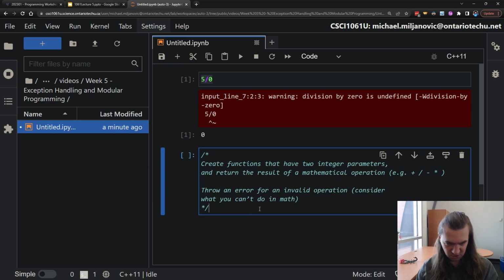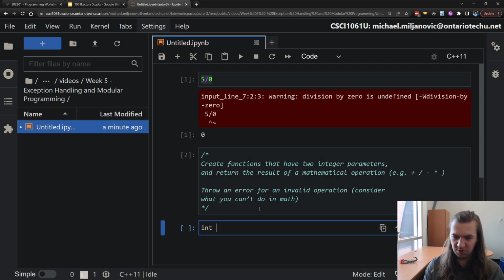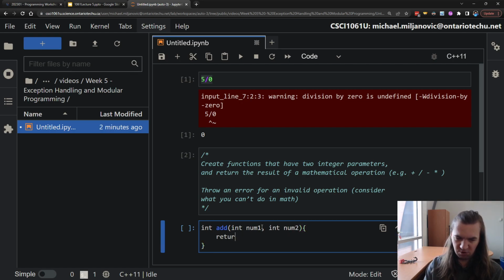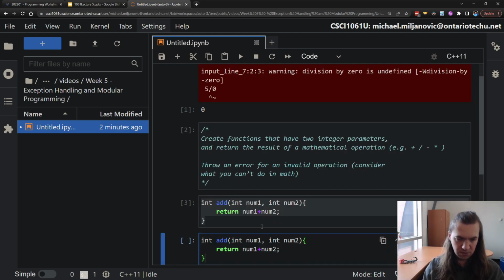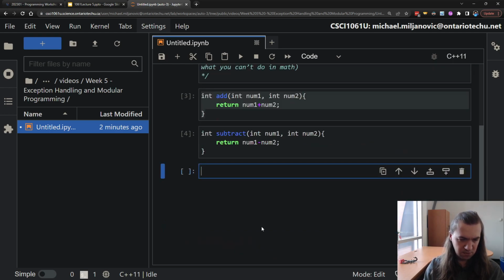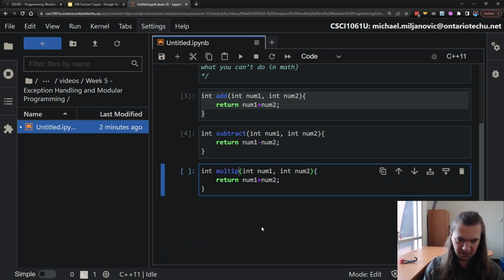So let's make some functions. I guess we have to do each one. So int, so these are integer parameters, so they should all be integer results. The division, you could argue maybe should be a double, but sure, why don't we make it a double, that's fine. Okay, so there's add, of course. We got integer number 1, integer number 2, and just return number 1 plus number 2. Subtract, multiply,